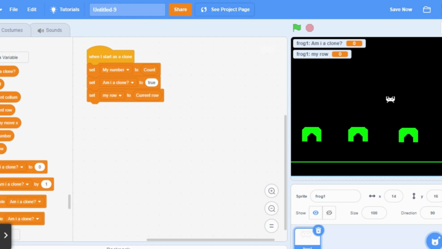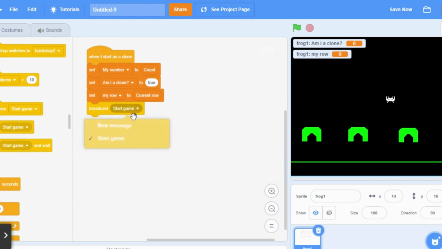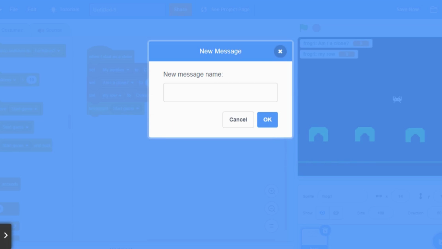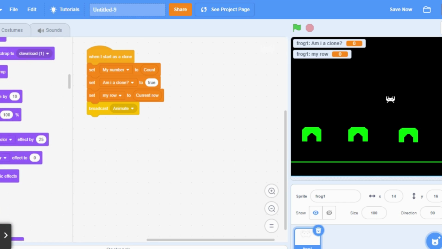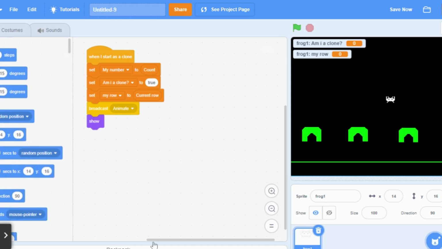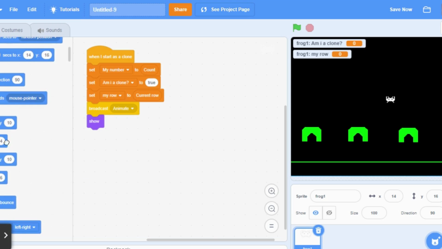And broadcast animate. So we're going to broadcast, and we're going to make a new message, and this is going to be called animate. There we go. Animate. Show. Set x to